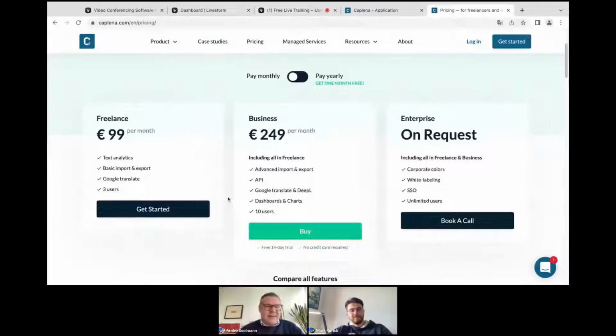What you can see here are the three subscriptions we offer: freelance, business, and enterprise. There are various differences here. Obviously, the higher you go, the more capabilities you have, in regard of technical background and capabilities, but also in terms of users, with the number of users and also user roles. With the freelance subscription, you can have up to 3 users, with business up to 10, and for enterprise,